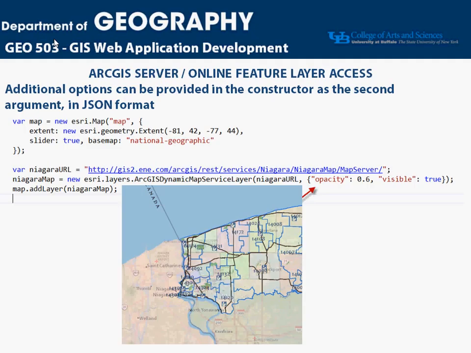I can now also make changes to, I can do the same thing, and this is true on a lot of different, maybe all, or almost all, creation or constructor requests in the JavaScript API, where the second object would be a JSON string with additional options. If you remember,